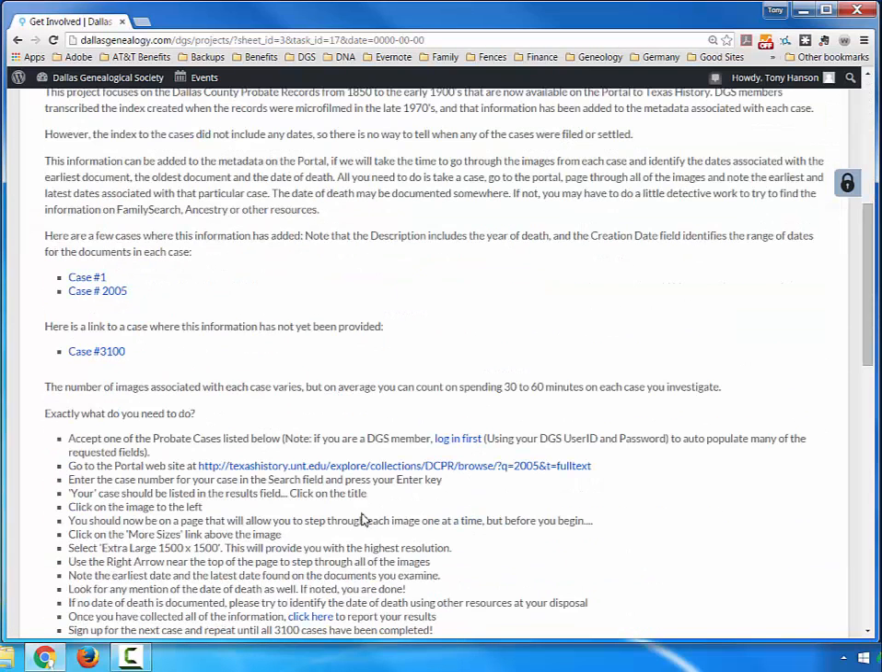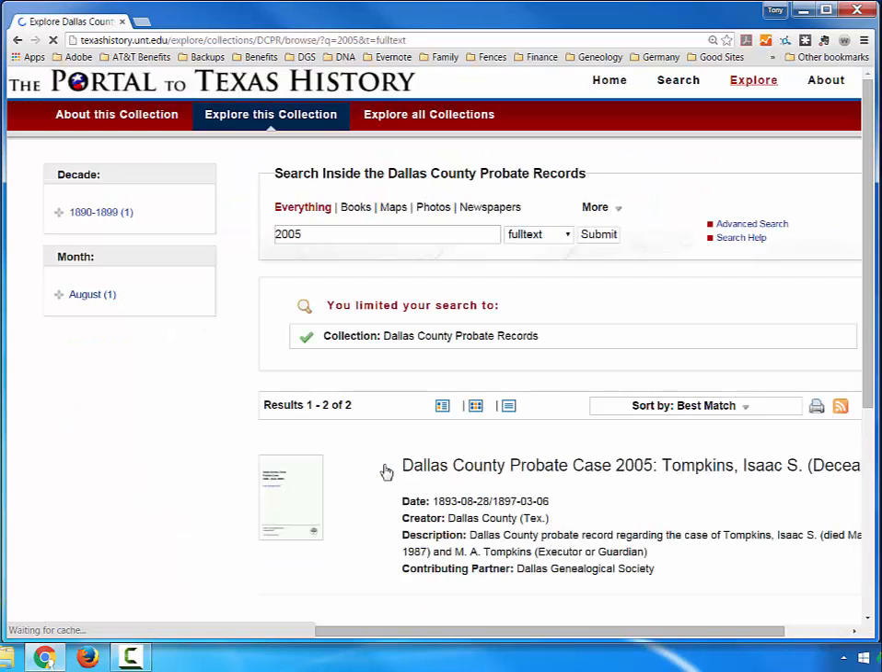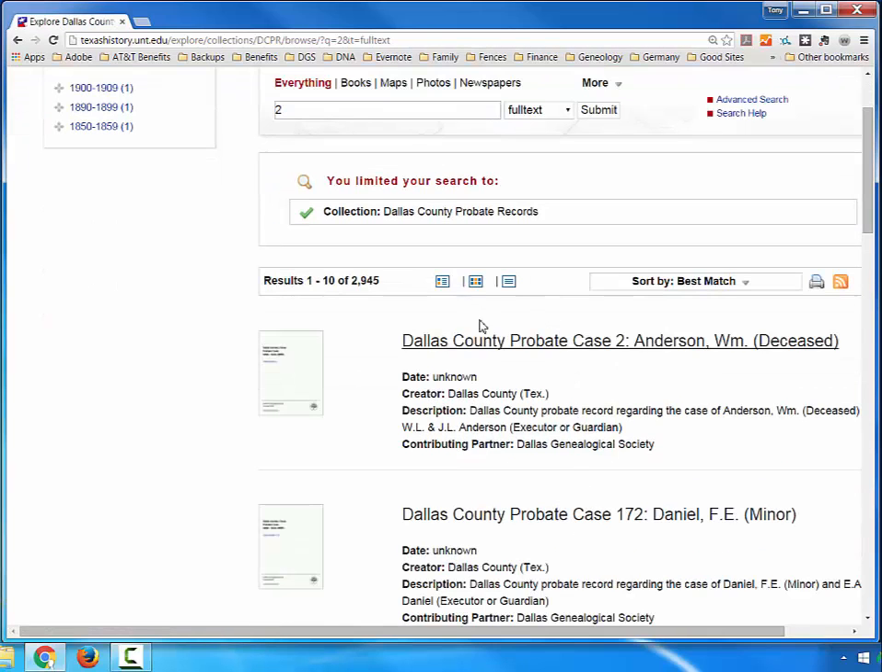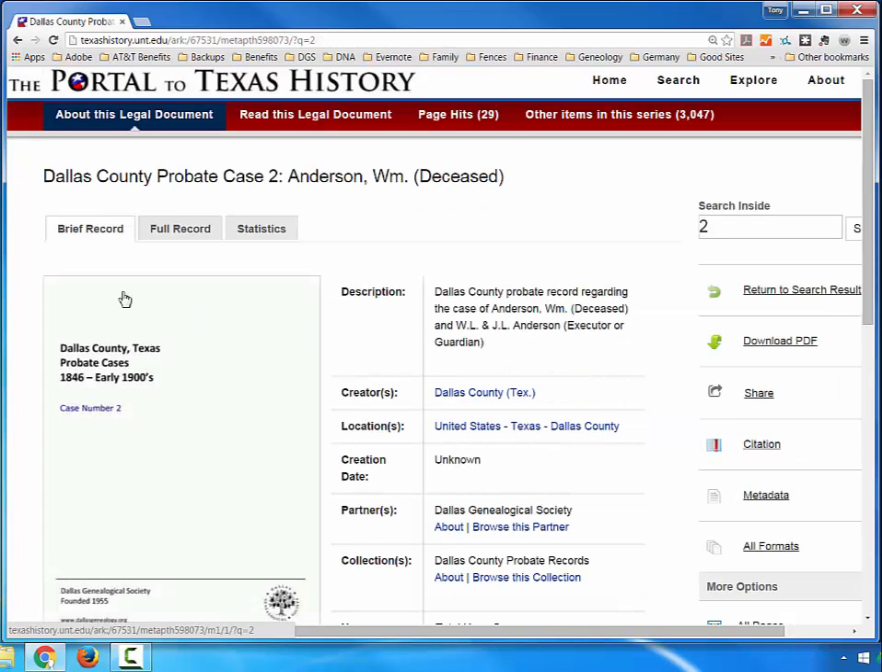So what we're going to do next is go to the Portal to Texas History collection for the probate cases. And I'm going to put in the case that I just signed up for, case number 2, and I'm going to hit enter. And you'll see listed down here are the search results for effectively the search that I just did. And case number 2 is the one that I'm most interested in, so I'm going to select that. And I'm going to come over here to the cover page and click on it